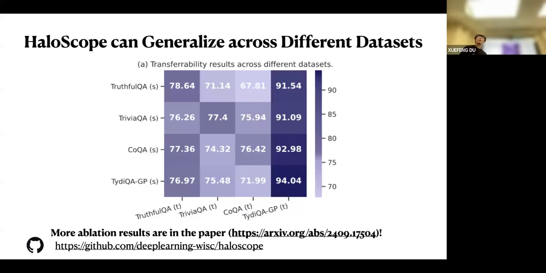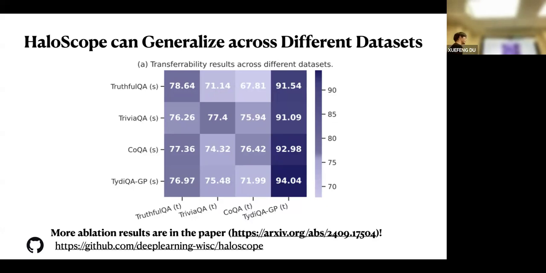One last thing I want to mention for our approach is that HaloScope can generalize across different data sets. In practice, the unlabeled data set can be very different from the generations at test time. So what if we train a classifier, extracting the direction on an unlabeled data set different from the test set?